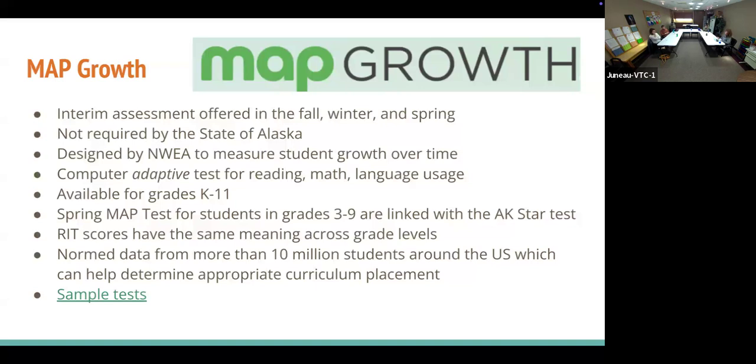And if your third grader scored the same RIT, their percentile ranking is probably like 99. It doesn't mean your third grader is doing 5th grade or 12th grade work. It means the average 12th grader also scored the same RIT score that your third grader got. That can be confusing for families. They go, the RIT score, that's what 11th graders should be getting, so they're doing 11th grade work. No, it just means the average 11th grader also got that score.